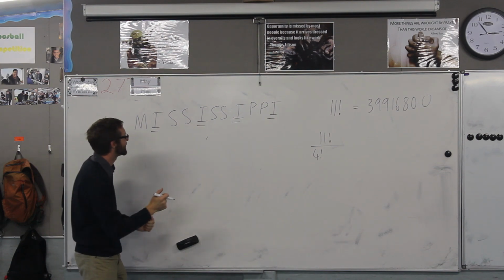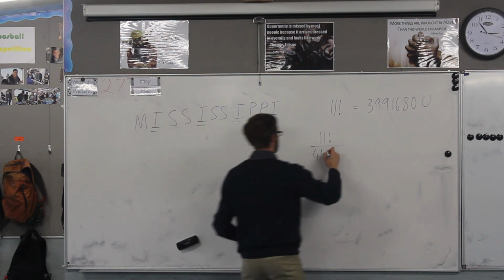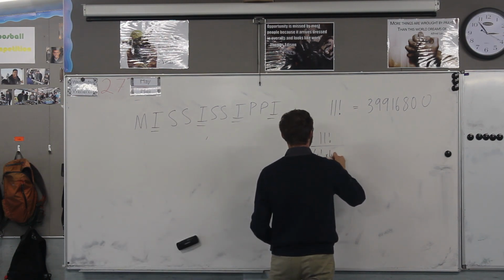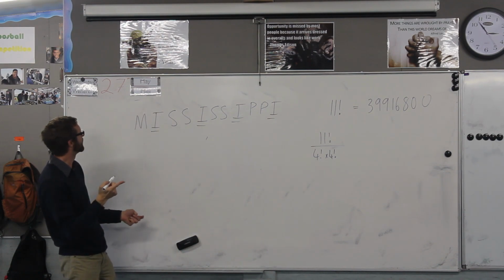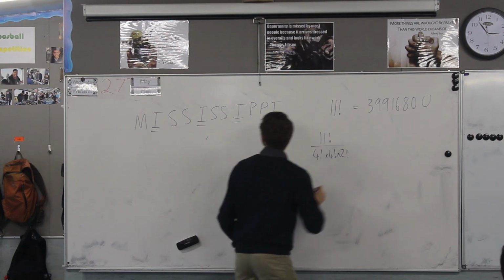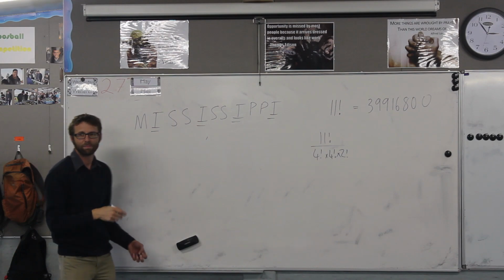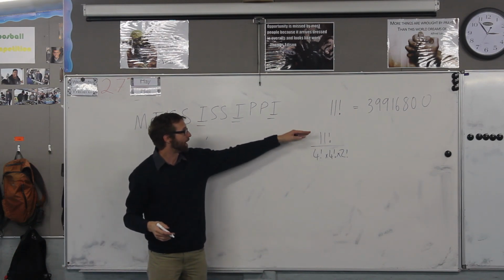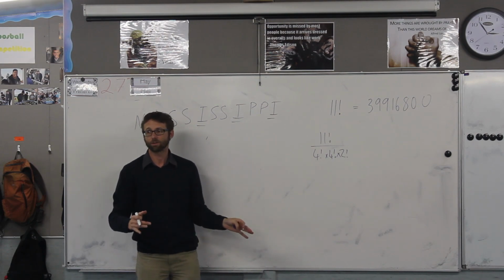Yes. S. 4 again. Anything else? The P's? 2. Anything else? Is that it? I think it's it. So, we're going to divide 11 factorial by 4 factorial times 4 factorial times 2 factorial, which gives us